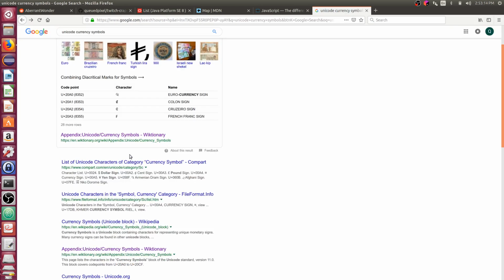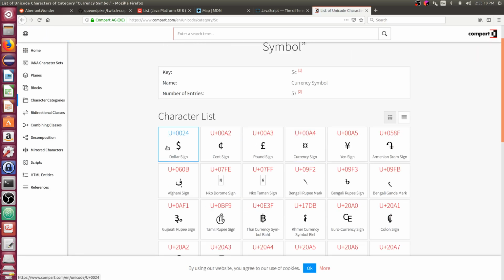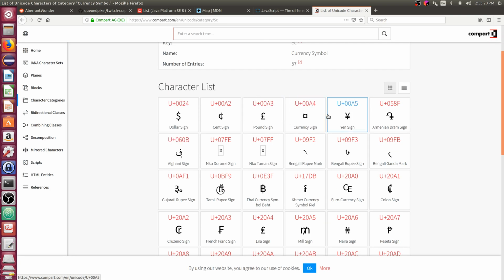See if there's anything else that shows up here. Dollar, cent, pound, currency, yen.